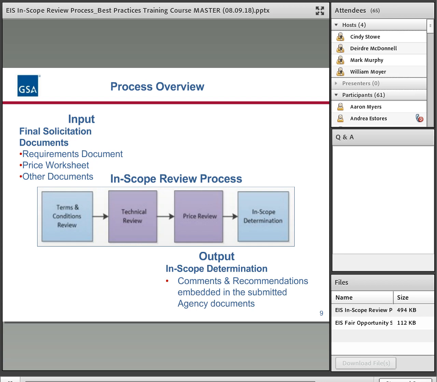And this is a sort of simplified description of the process. Of course, there are discussions that happen between the groups as reviews are done, and as we get comments from the COs, we consider that as we review the technical, and those are passed on to the price, and there might be feedback going the other way too.